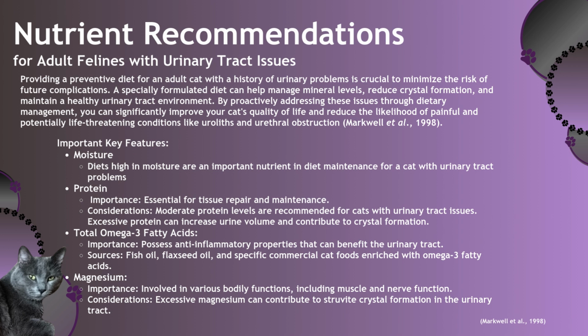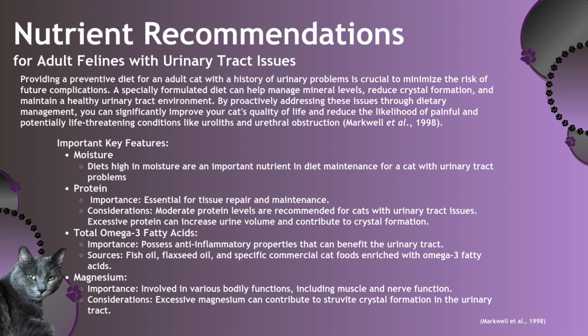Important key features for a diet for a cat with urinary tract issues. Moisture. Diets high in moisture are important nutrients in diet maintenance for a cat with urinary tract problems. Proteins. These are essential for tissue repair and maintenance. However, moderate levels are recommended for cats with urinary tract issues. Excessive proteins can increase urine volume and contribute to crystal